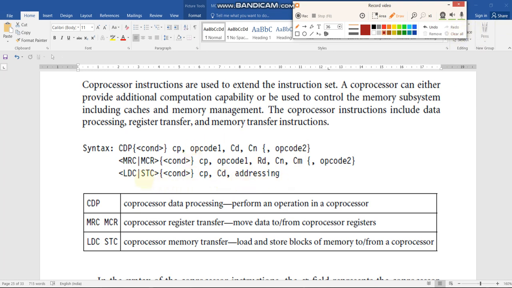If the instruction is store coprocessor, where C stands for coprocessor, then the data from the coprocessor register is stored into the ARM memory location. The load coprocessor and store coprocessor instructions are used